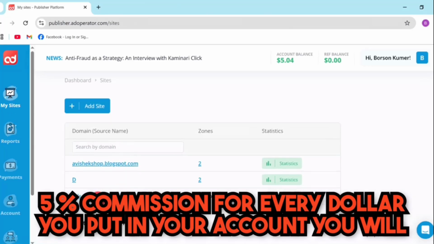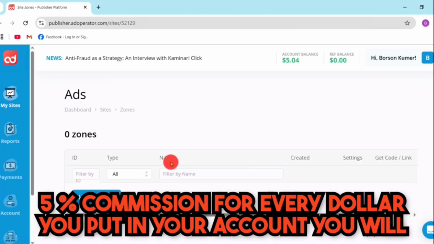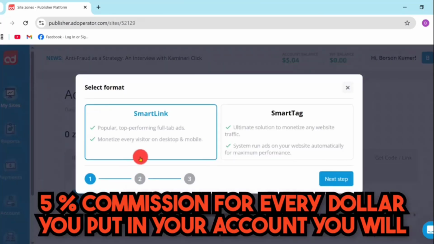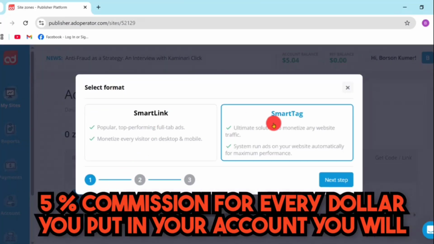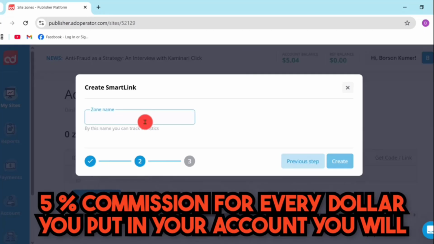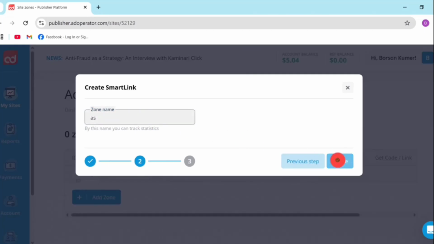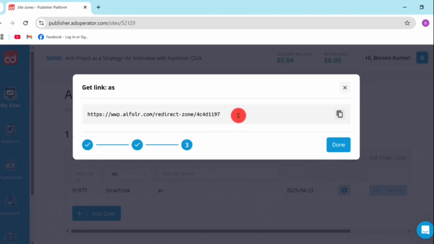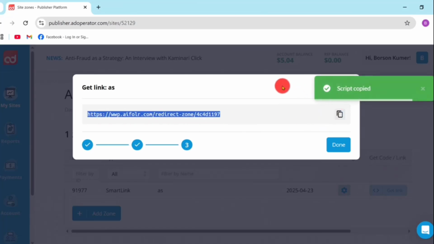Scroll down. Okay, click here and smart link, smart tag. As you wish, you can make a link. Okay, smart link, name. Yes, link done. Copy,